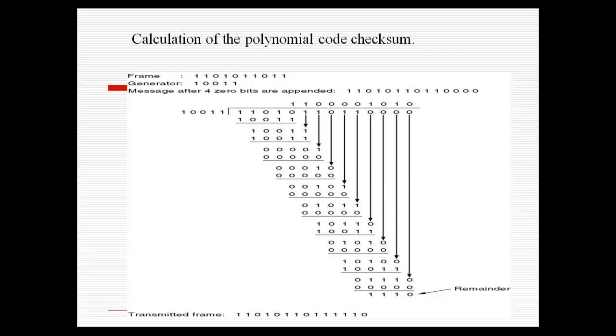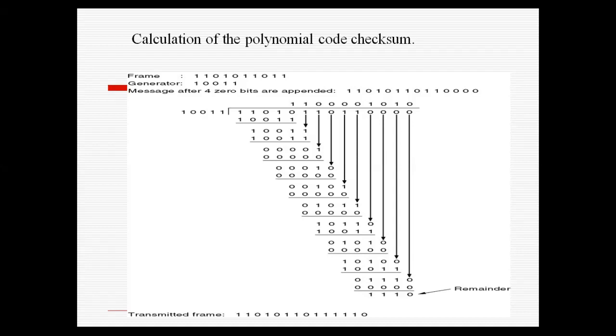Now we will perform modulo 2 subtraction again. First we will cancel the first position, and in this pattern we will solve our example, and the final remainder will be 1110. Now along with this data frame, 1100101110, we will transmit this remainder. Now on the receiver end, the receiver will divide by the same generator. If we get a 0 value, it means there is no error. So this is the transmitted frame. Along with the data, we have seen this particular CRC value here.